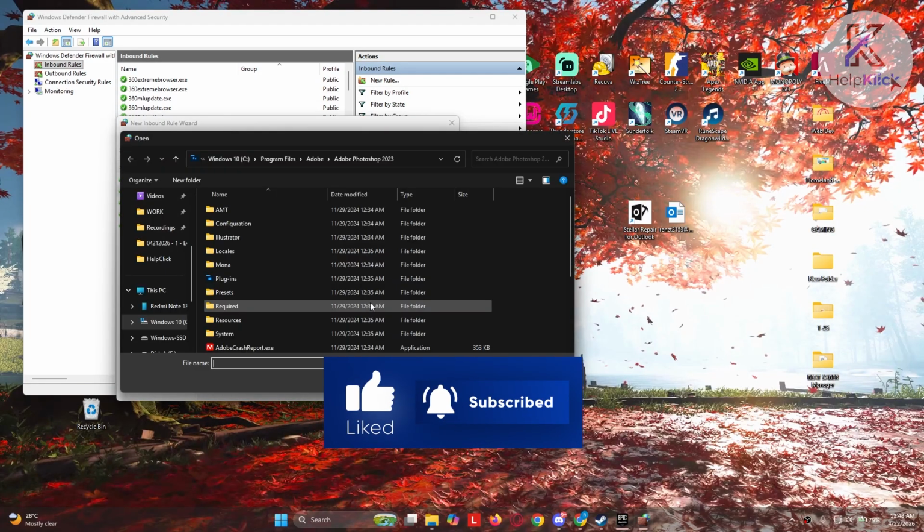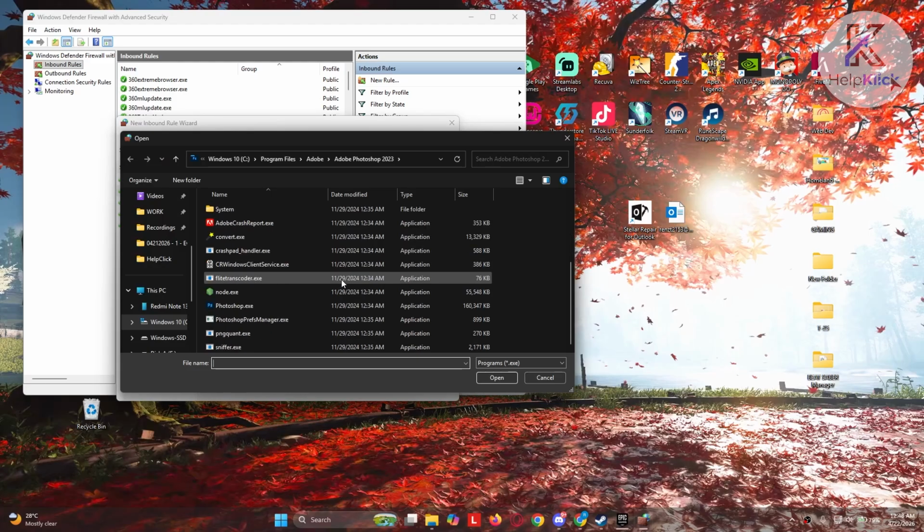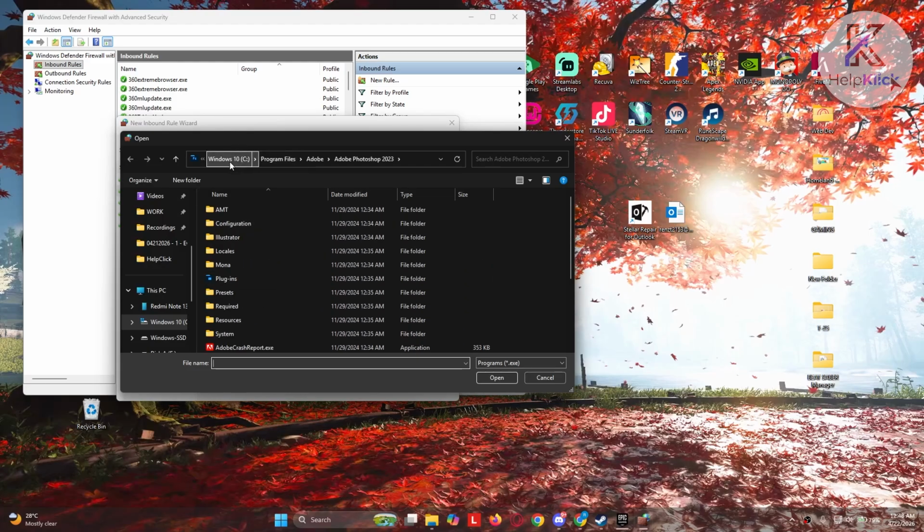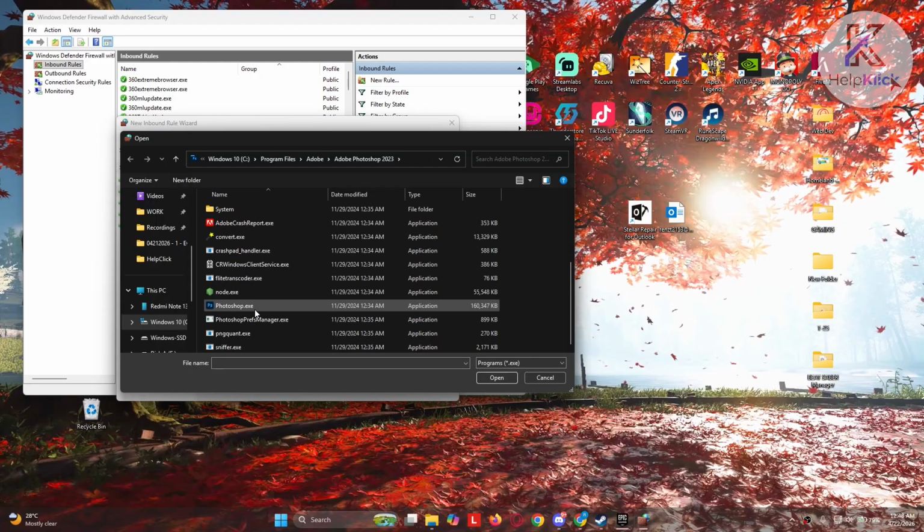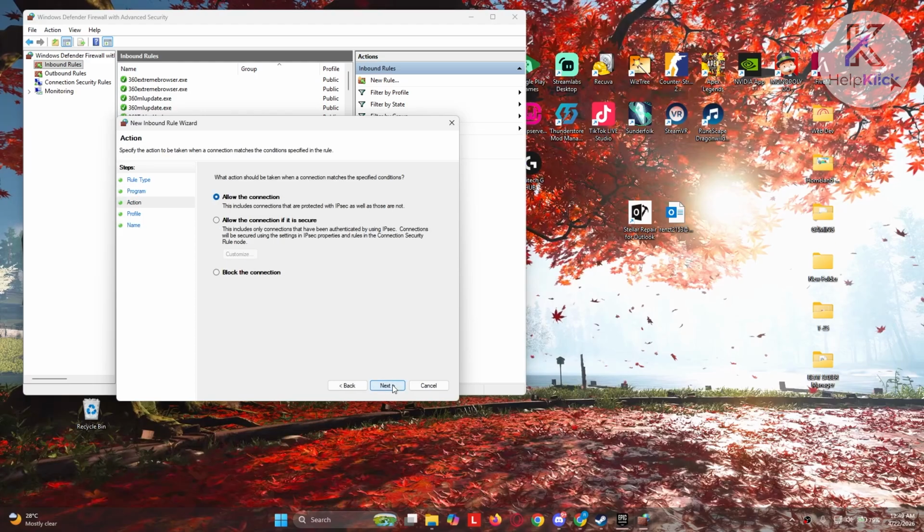Click on browse. And from here, you want to look for Adobe Photoshop. Now, by the way, if you don't see this, you want to go to the C drive, go to program files, go to Adobe, look for Adobe Photoshop 2023 or whichever version you currently have. You want to select Photoshop.exe, click on open, click on next, and